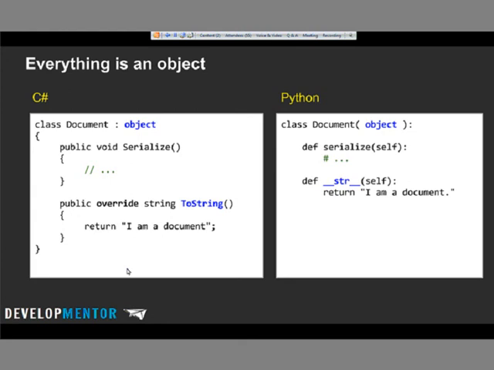And just to show you, here's how you define a class. You just say class, name of the class, and then a parenthesis, that's the base class, and we do a colon, and then you just define your methods in there. All right, so we'll do more of that. But in either case, here we're showing an example, you can override toString. Hey, I'm a document.